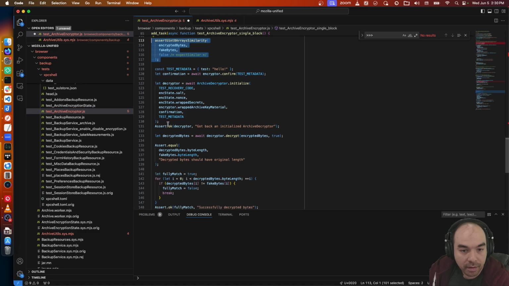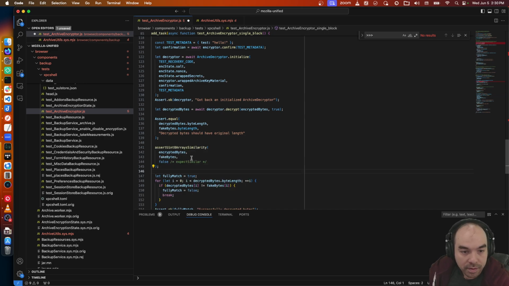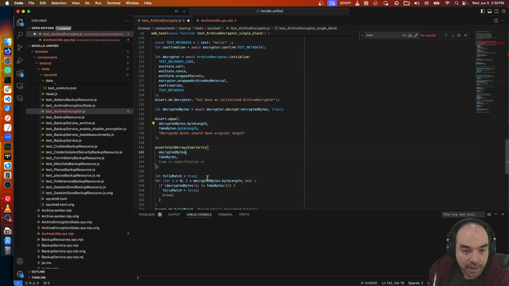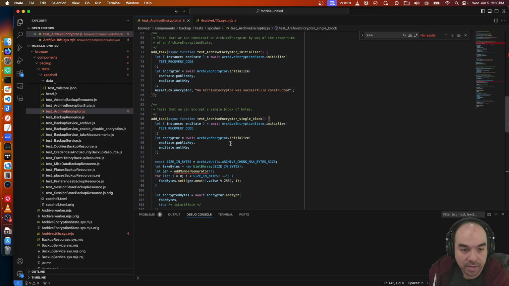And then decrypted bytes, assert decrypted bytes, fake bytes, expect similar. All right, let's see if this test still works.